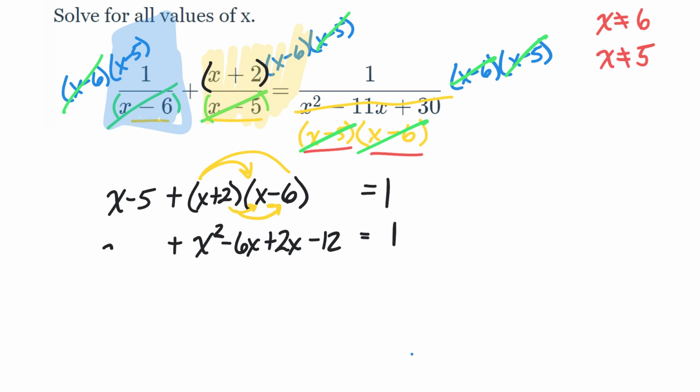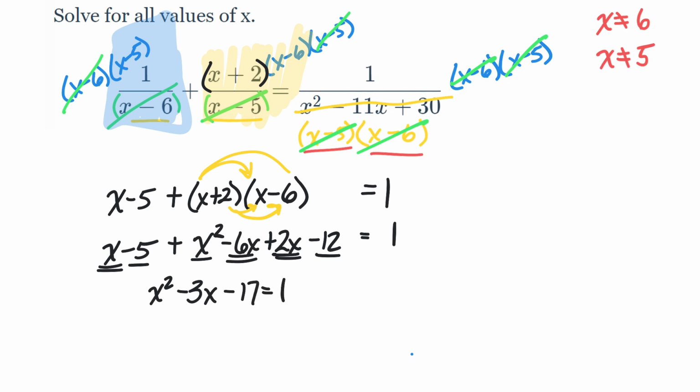So we've got a quadratic happening again. So we know we're going to need to get everything to one side, but let's go ahead and combine our like terms. The x squared doesn't have anything like it, so I'm going to just go ahead and put that to the front. I like to mark these things as I go so I don't lose anything. I have an x, a negative 6x, so that together makes negative 5x, plus 2x makes negative 3x. I have a negative 5 and a negative 12 that are on the same side, so that makes negative 17